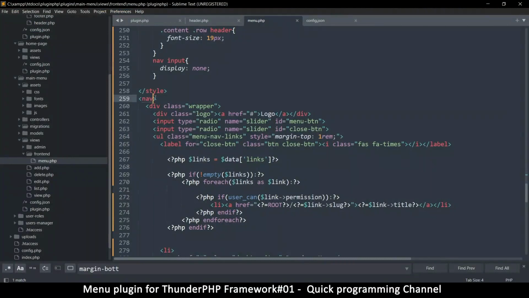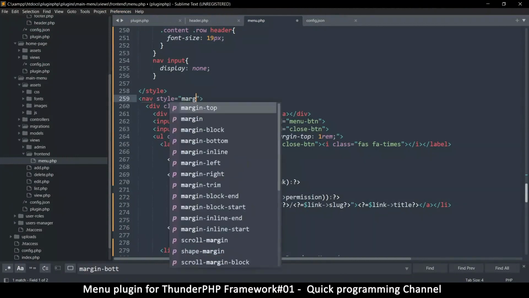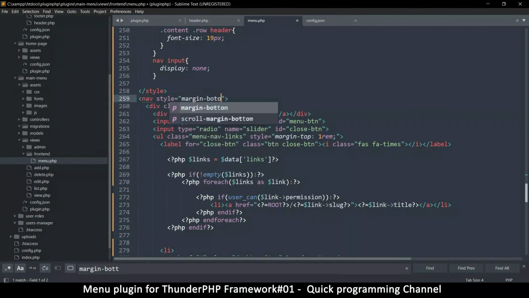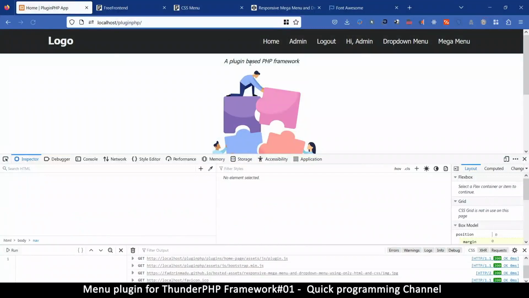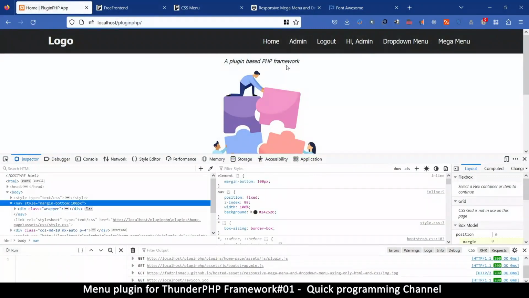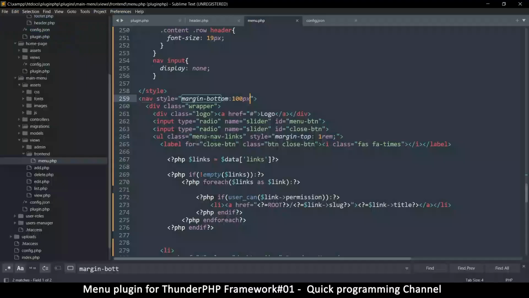So there's this nav here. I can add a style here and say margin bottom, like this, and look at the height here. Maybe it's 100 pixels or something. That will ensure that whatever is underneath it, let's see, margin bottom. Okay, so that doesn't work with 100 pixels. That doesn't seem to work. So I guess the fixed, but I remember having this work. Anyway,